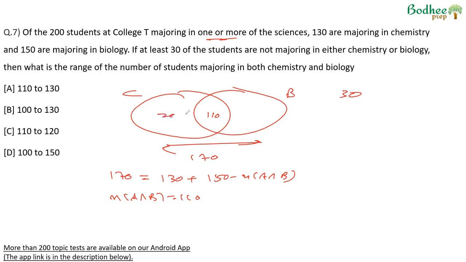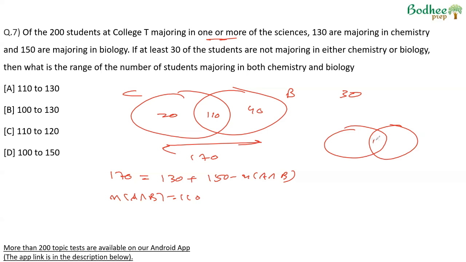So this is 110. Chemistry only becomes 20, only biology becomes 40, and 150 plus 20 is 170, plus 30 neither. So this is the minimum value. This is the minimum value where the number of people will be majoring in both. To maximize it, what we do is we take the smaller number out of 130 and 150